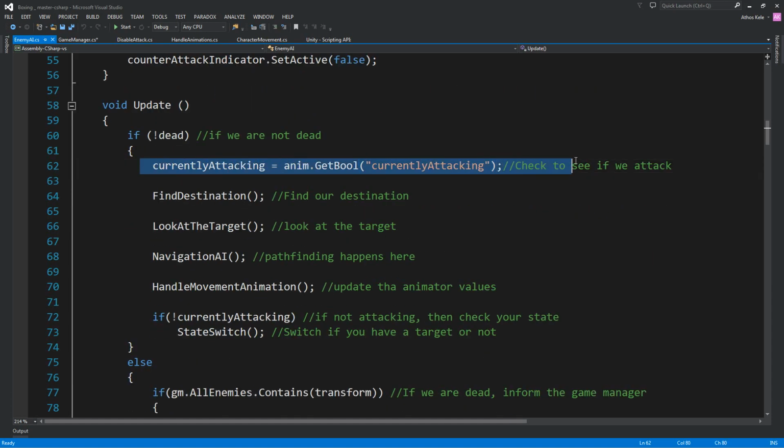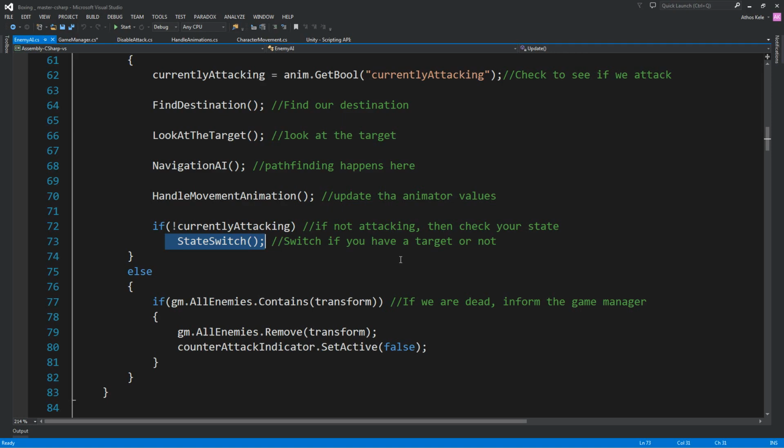Next, we want to check if we are currently attacking, so that we do not call our state to switch if we are attacking. Otherwise, the nav mesh engine is going to move when we are attacking, so basically the enemy is going to slide away. Okay,